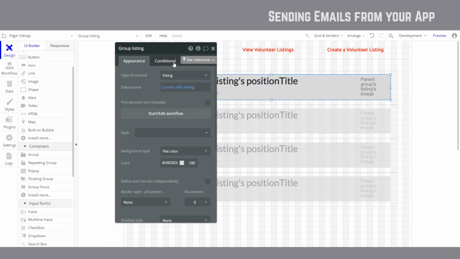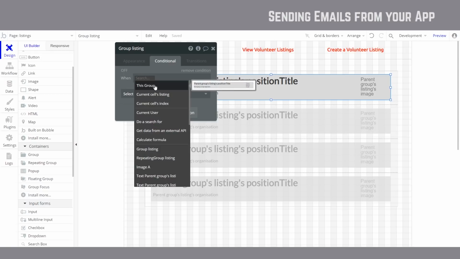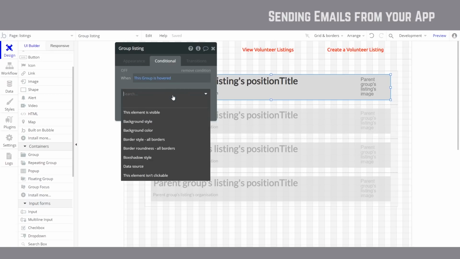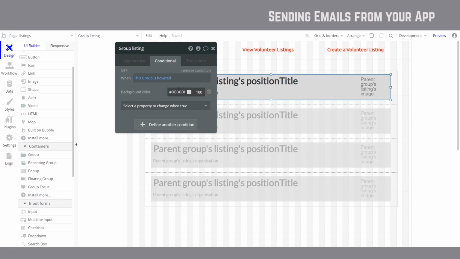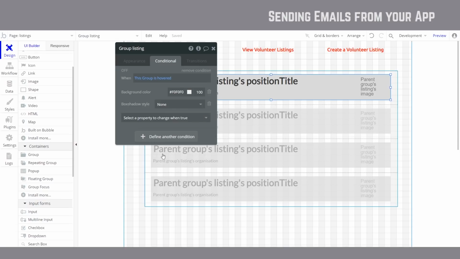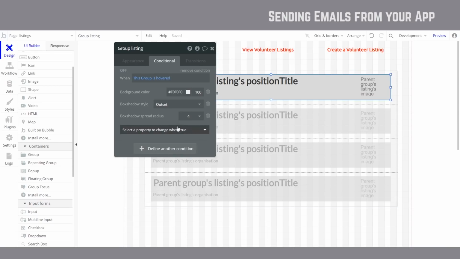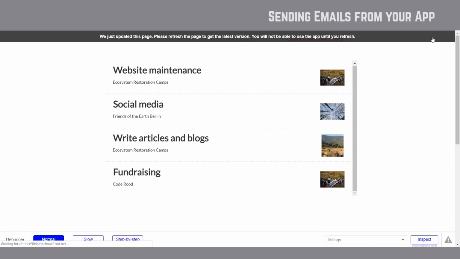And to make it act like a button, we want something to happen when it's hovered, just like we did with our buttons up here in the header. So let's say when this group, the group that we're editing, is hovered, change the background color to be a slightly lighter version of gray. And to bring this out even more, we can even say box shadow style, which will allow us to add a little bit of an outer shadow. Box shadow style is what we've set up here. We can also change the spread radius of that to be something like 4. And if we preview that, 4 pixels that is,